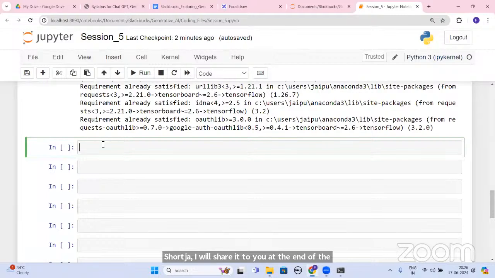Now, the thing over here is creating the data.